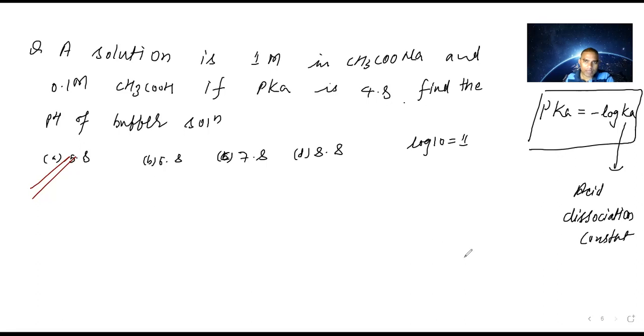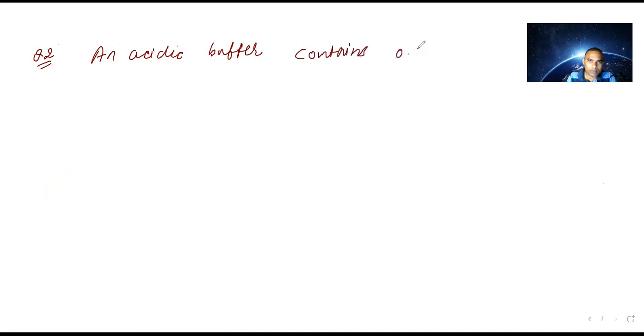Here is one more problem. Can I write one more problem? Sure. Can I erase this one? Yes. Okay, thank you. Question number 2. They are saying an acidic buffer contains 0.06 molar salt and 0.02 molar acid,